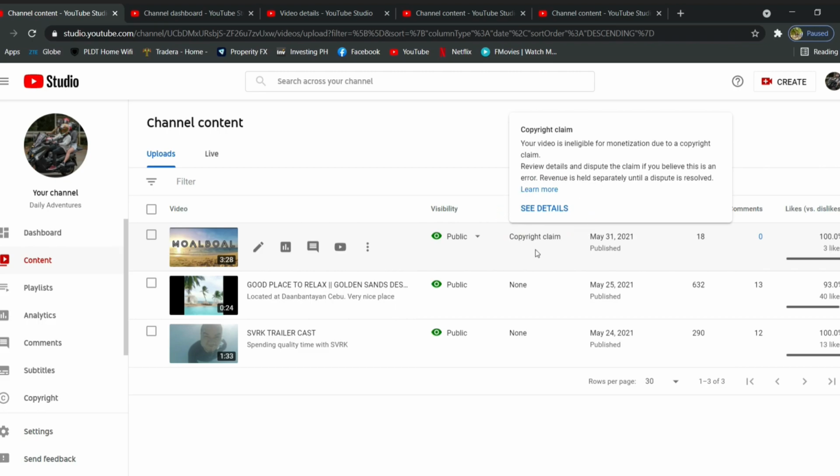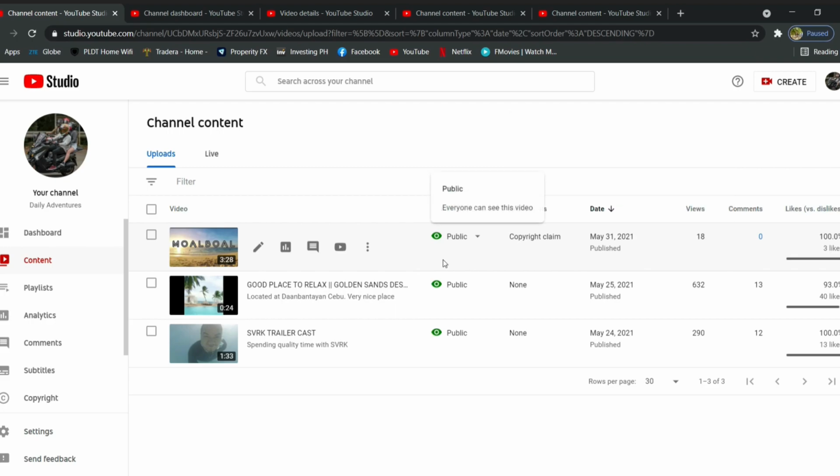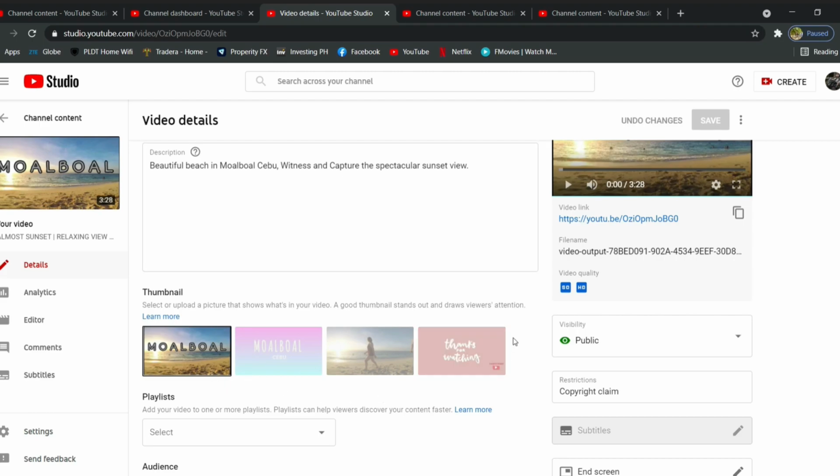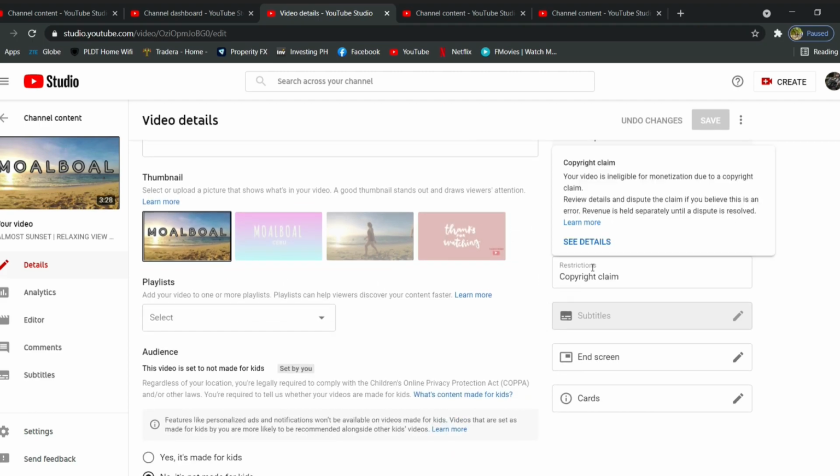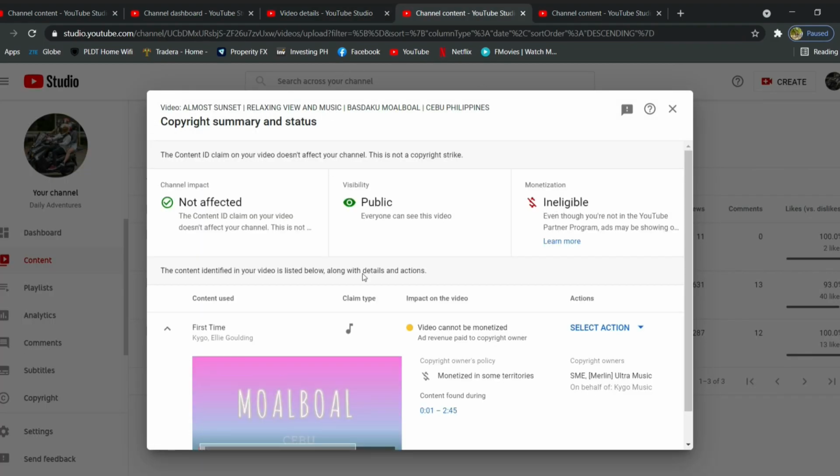You can even click the see details. Or you can go this part here, the details. It will route you to the same page. And again, click that see details. It will route you here. Okay, so next,